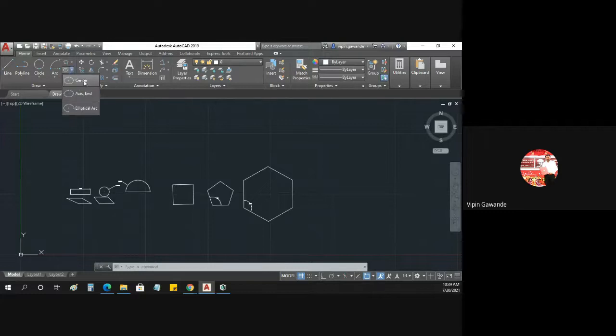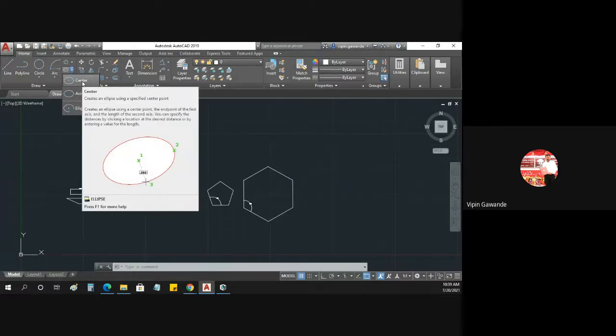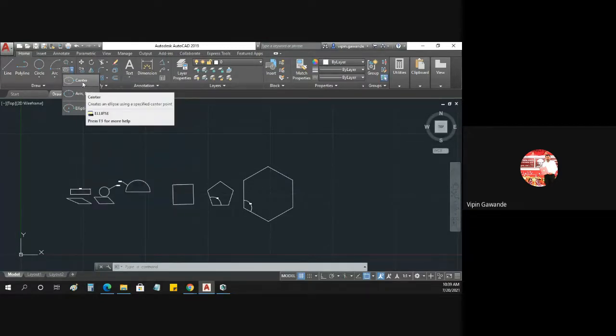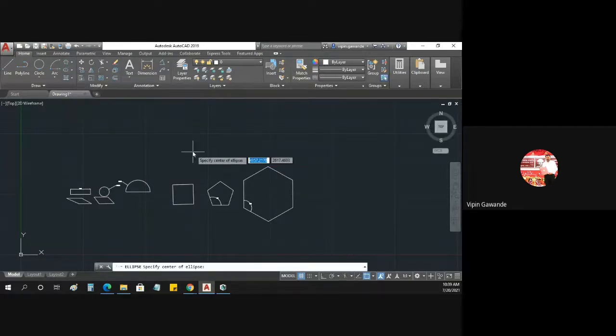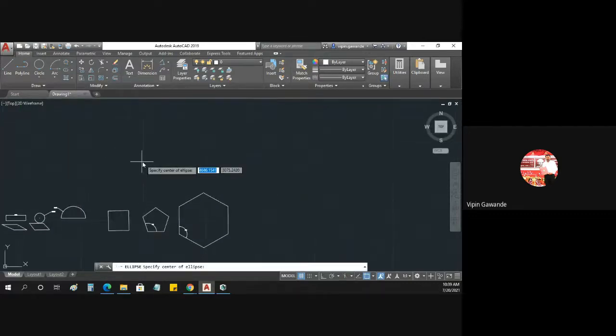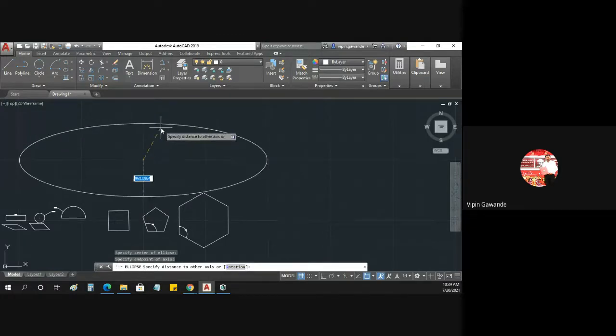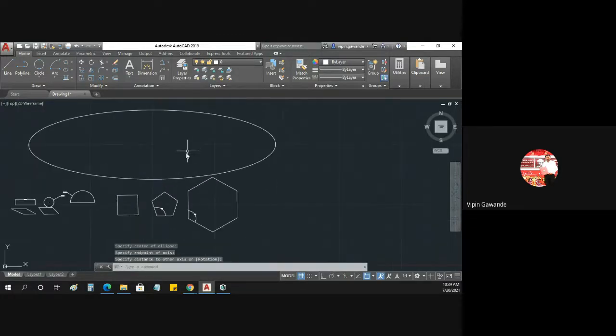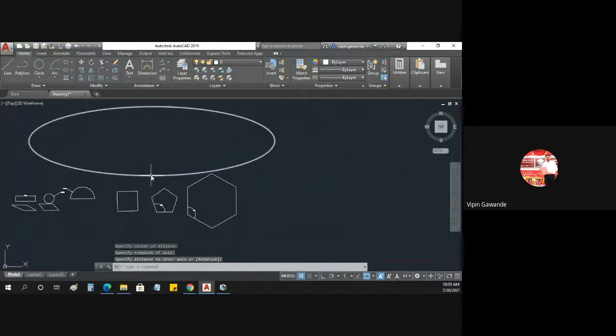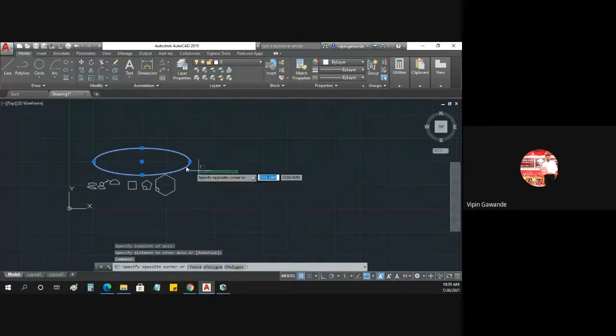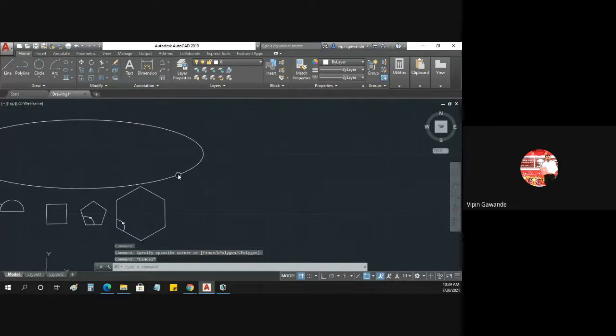Okay, now there are other things also. This is the ellipse. You can construct ellipse here also. So there are certain methods here. When you select the ellipse command, specify the center of the ellipse, then specify the end point of the axis. So see here we can construct the ellipse. You have drawn this ellipse by the focus method, then the rectangle method. So you'll get this type of ellipse. There are different options to select the ellipse also.